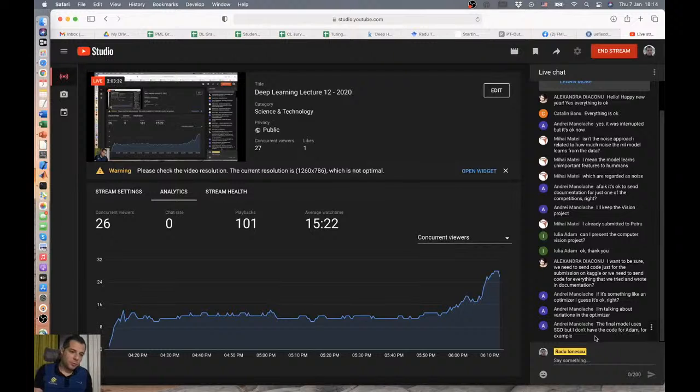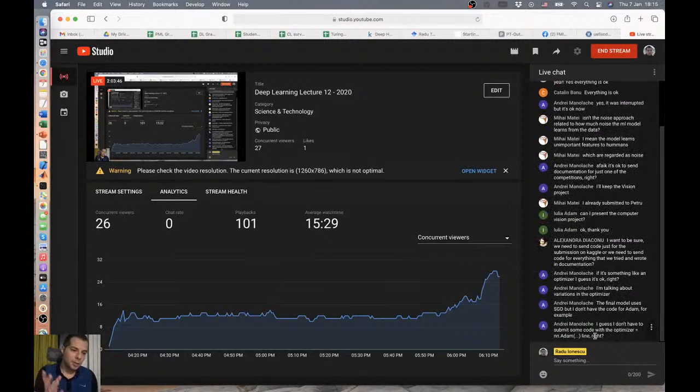Okay, yeah, I assume so. If you just use the same code and modified some hyperparameters, of course you will send the last version. But if you use different models, like if you use a CNN and you also tried a fully connected network, you can present them both. Yeah, that's not necessary. These are small code modifications, so I assume that a single code will be sufficient.